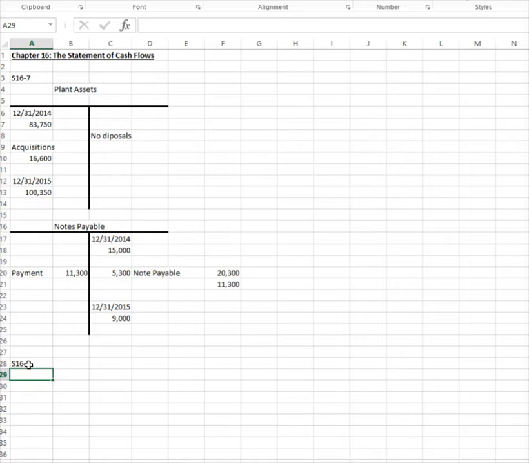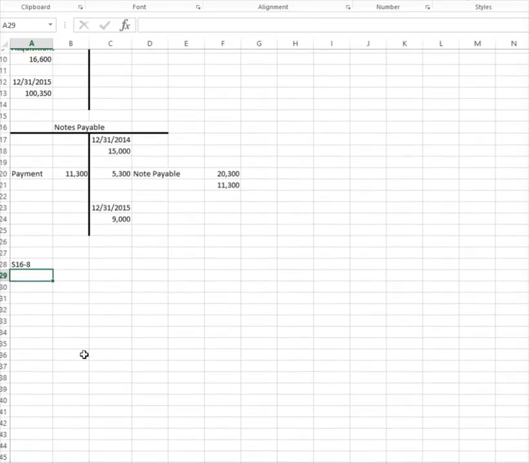Use the Kyler Media Corporation data that you acquired in short exercise S16-7 and the results you calculated from the requirements. Prepare Kyler Media's statement of cash flows using the indirect method for the year ended December 31st, 2015. Okay, so in order to do that,